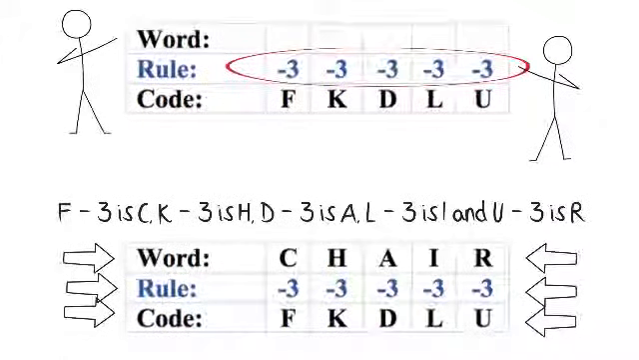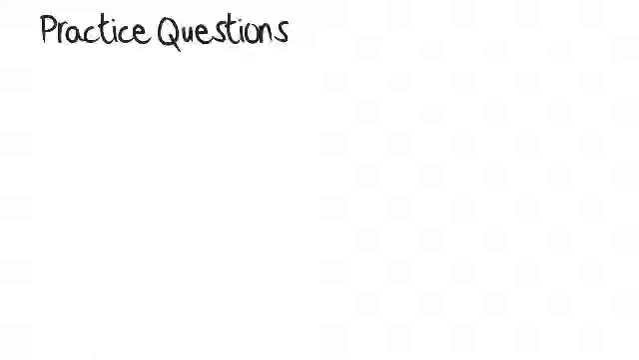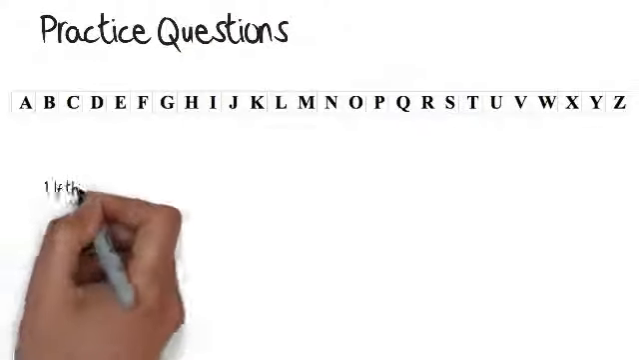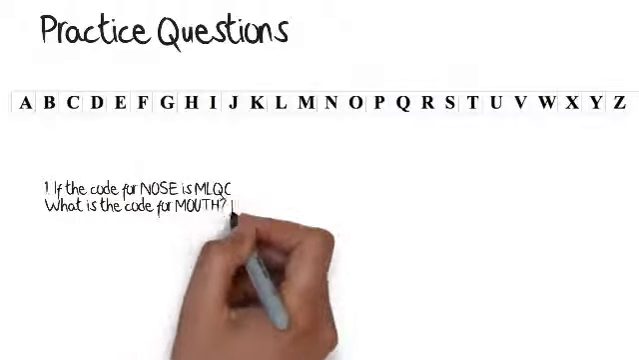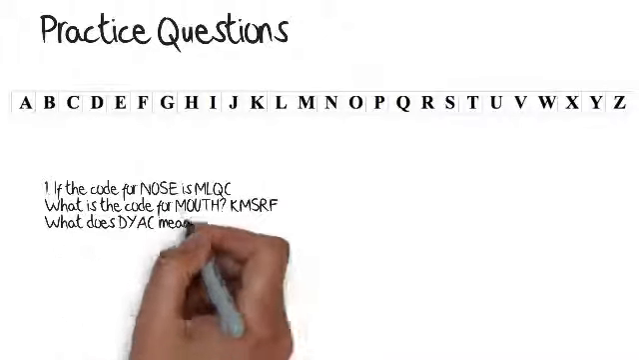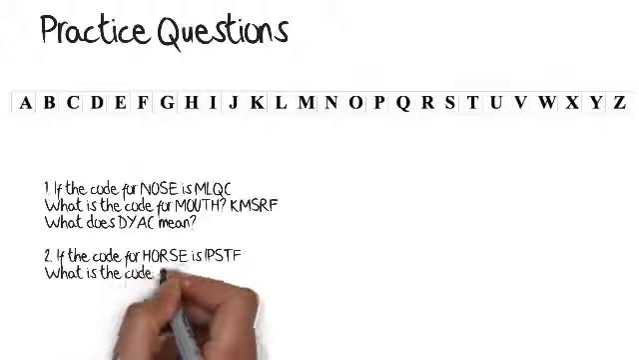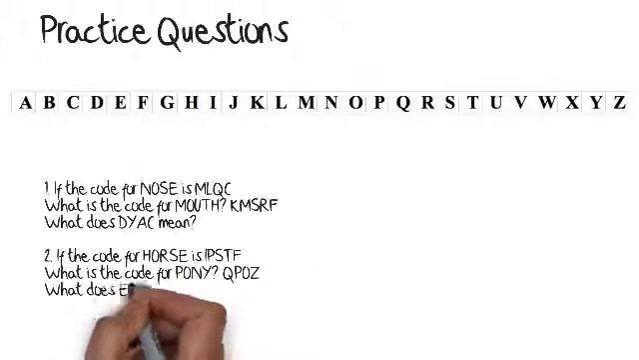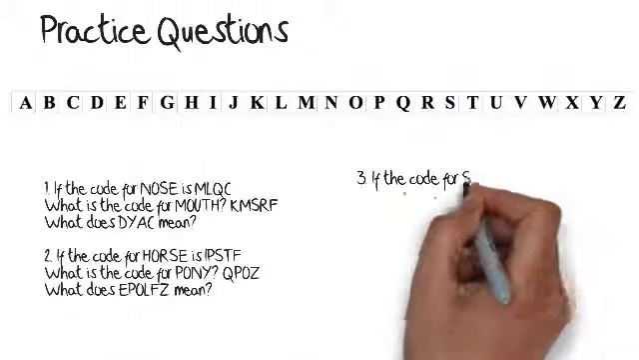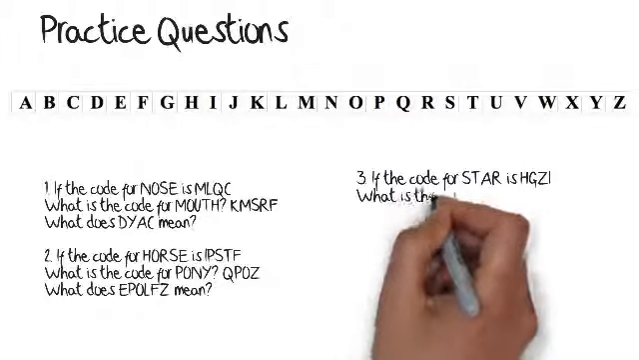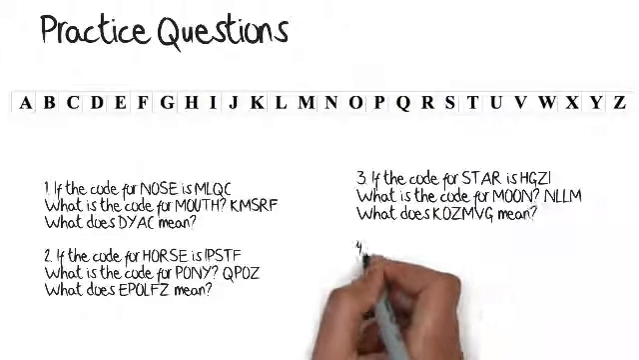Practice questions. Number 1. If the code for nose is MLQC, what is the code for mouth? What does DYAC mean? Number 2. If the code for horse is IPSTF, what is the code for pony? What does EPOLFZ mean? Number 3. If the code for star is HGZI, what is the code for moon? What does